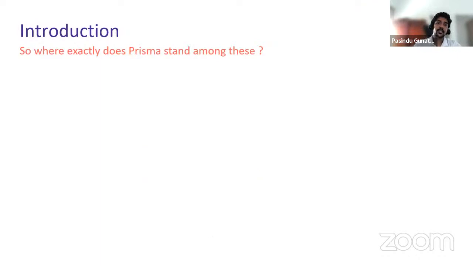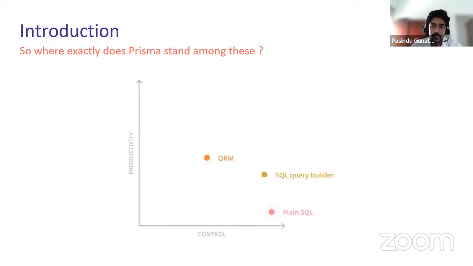So when you are thinking where exactly Prisma stands among these traditional ORMs and query builders and writing plain SQL and everything, you need to be considering two axes mainly. One is productivity, like I previously mentioned, and the other one is control. So if you take ORMs, SQL query builders, and plain SQL, they lie in this